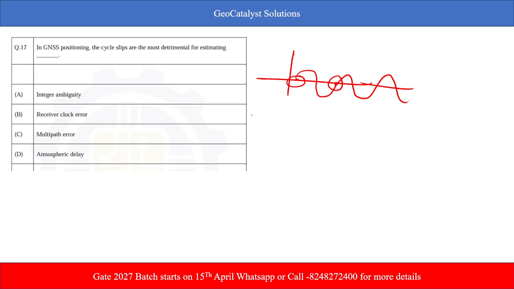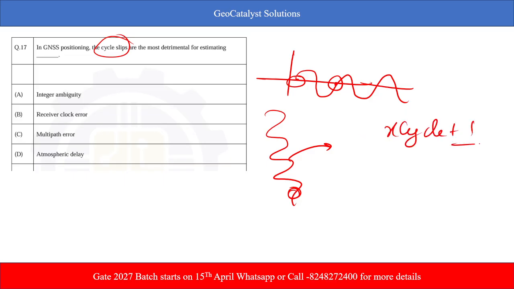So when we receive signal, we don't know how many cycles have occurred. We know the phase, okay, phase we know, but number of cycles we don't know. So this number of cycle, that only cycle slips they are telling, that we don't know. There is one cycle, two cycle, or suppose x cycles plus 1, 2, anything,